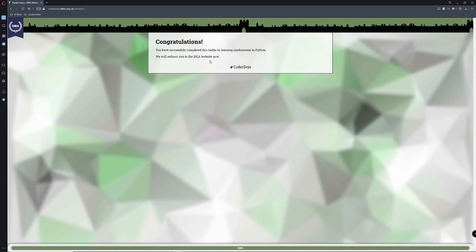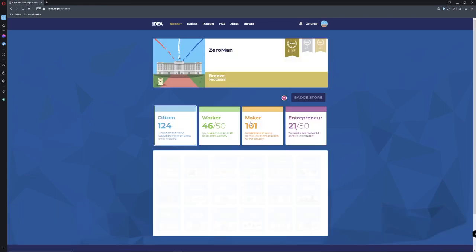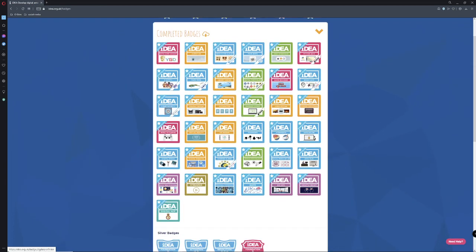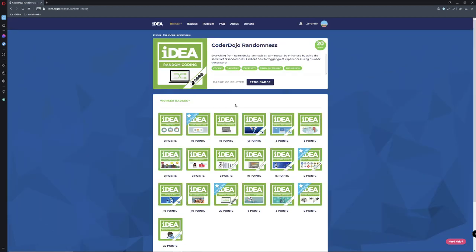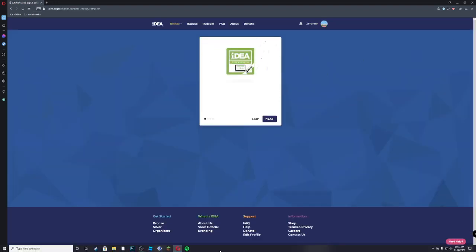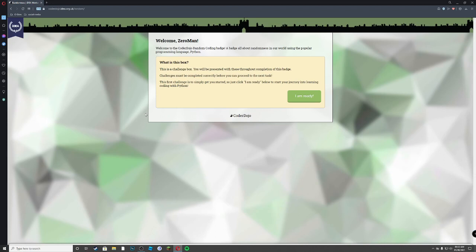Okay, I just have to press the redo badge button one more time. Why is it redirecting me back? Find the badge, and we will just make sure that we can redo it. Give me a second here. Where is the random coding badge gone? There it is. Redo badge. I'm going to pause the video and I will fix this very momentarily. Okay, so fix that issue.